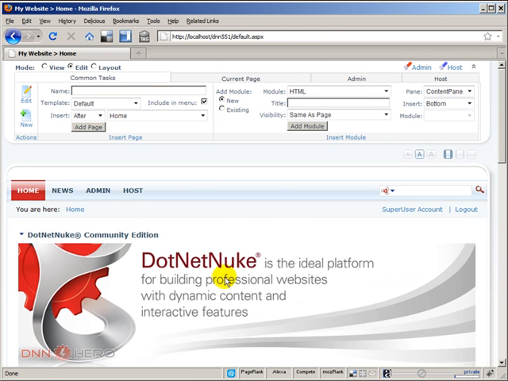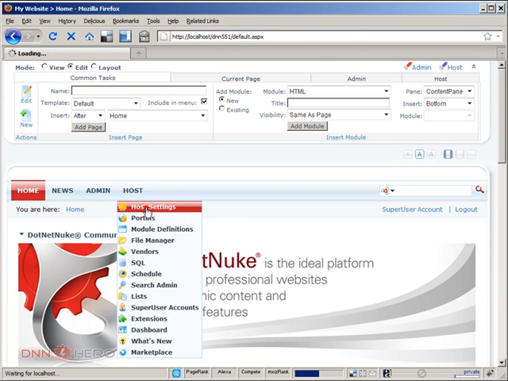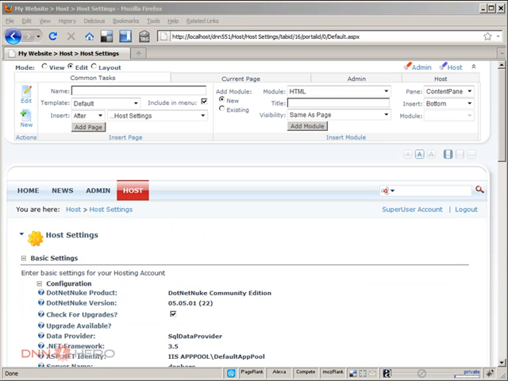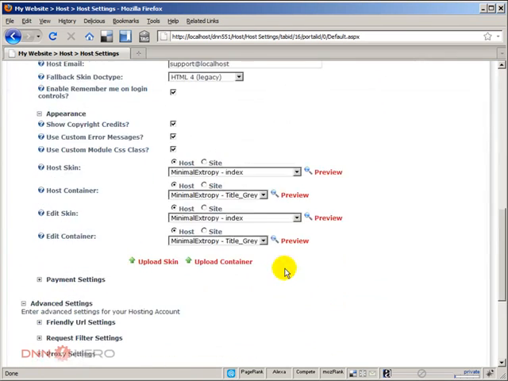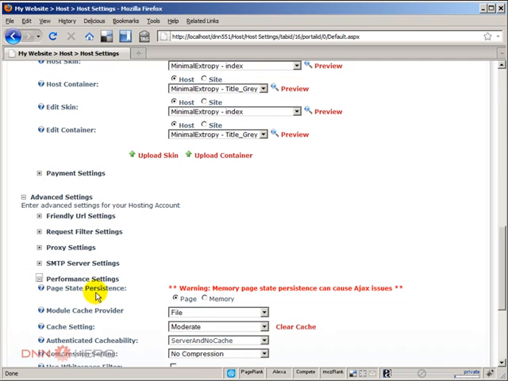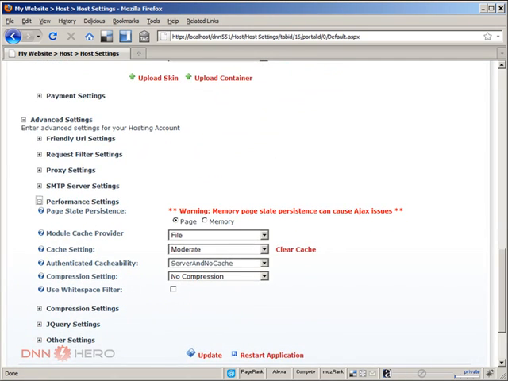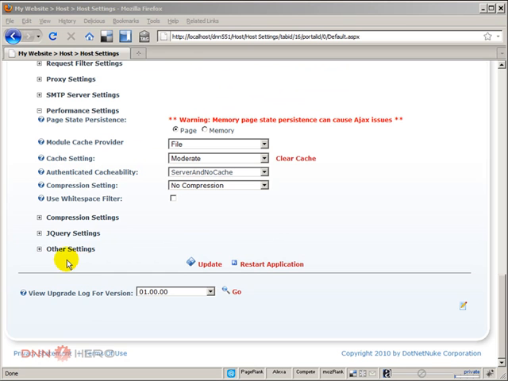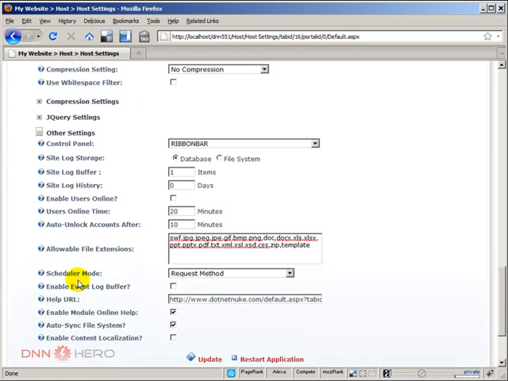I can go to host settings and scroll down to performance settings. Actually, it is under other settings. So I'm going to expand other settings and scroll down, and there's an option that says enable